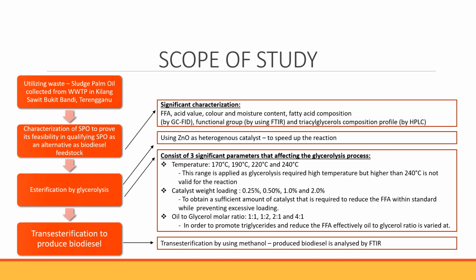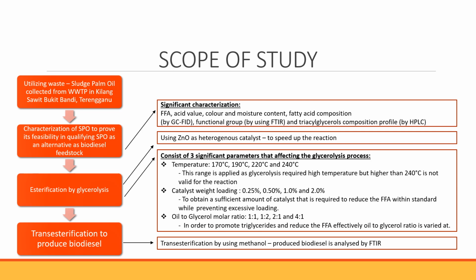So for our scope of study, we take the waste, which is SPO, that we collected from Kilang Sawit Bukit Bandi in Terengganu. We collected it from the wastewater treatment plant of the POME, and then the characterization of SPO is done to determine its feasibility. The significant characterizations we would do are FFA, acid value, color, moisture content, fatty acid composition, functional group, and